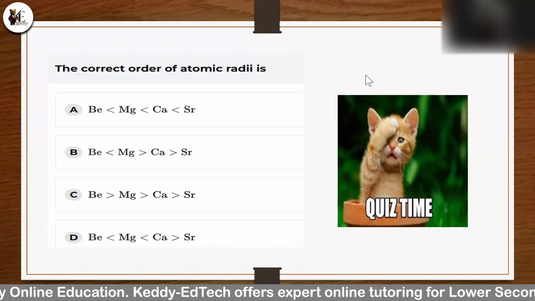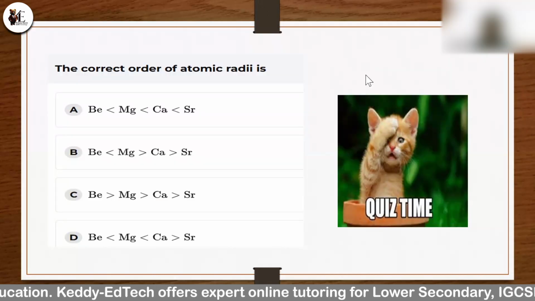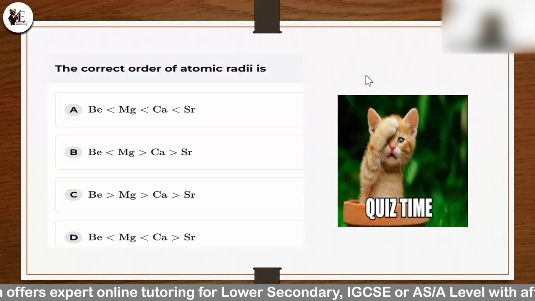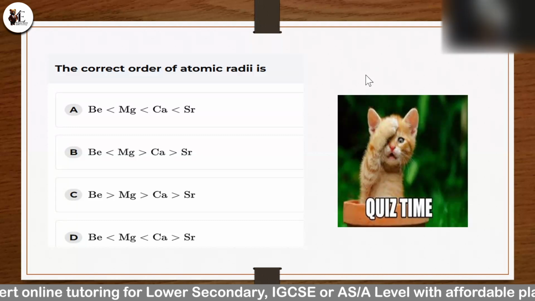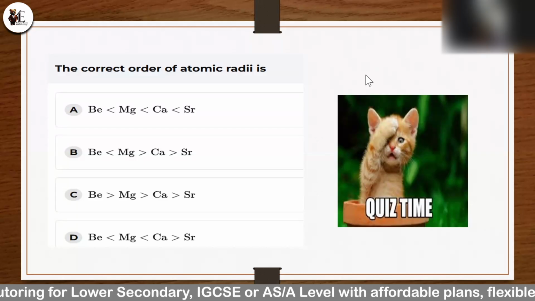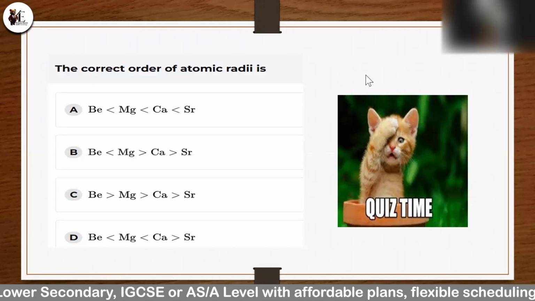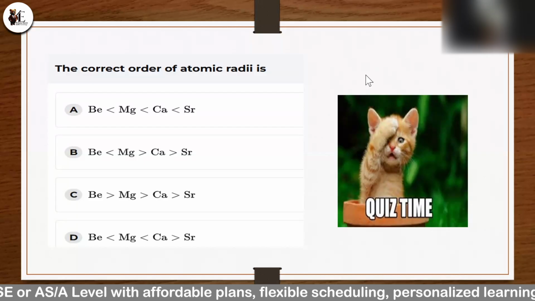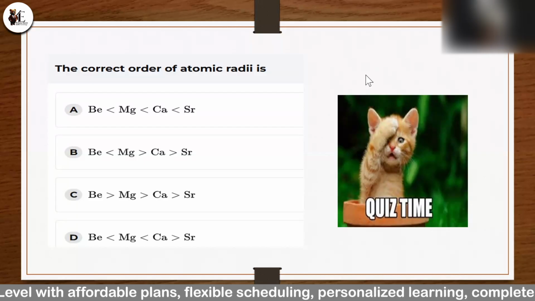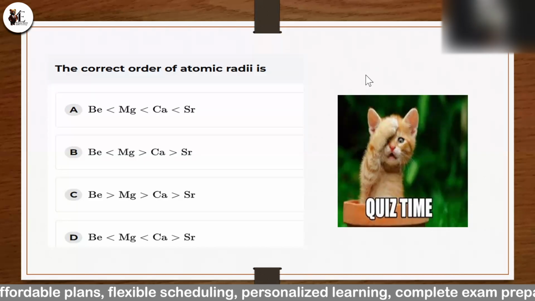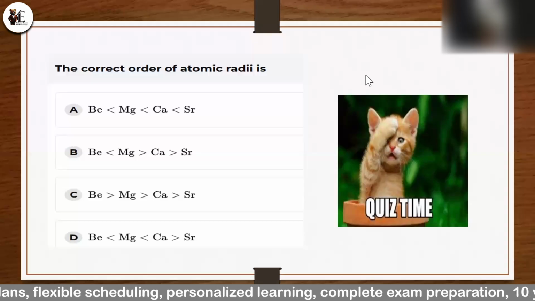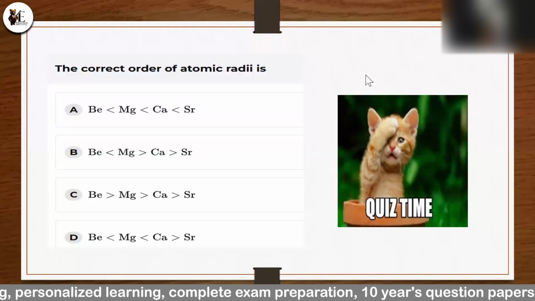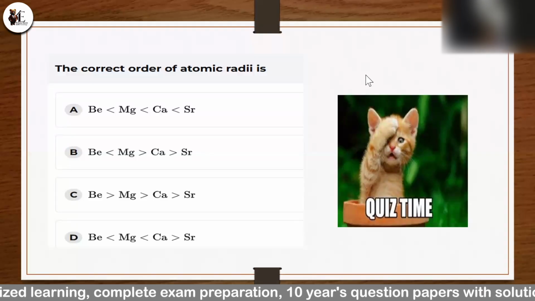Okay, so this is the question. Which option is correct? Isn't it that we say the trend in atomic radius is that atomic radius increases down the group, right? We know that we start from beryllium, going to magnesium, calcium, then strontium, right? So basically A is